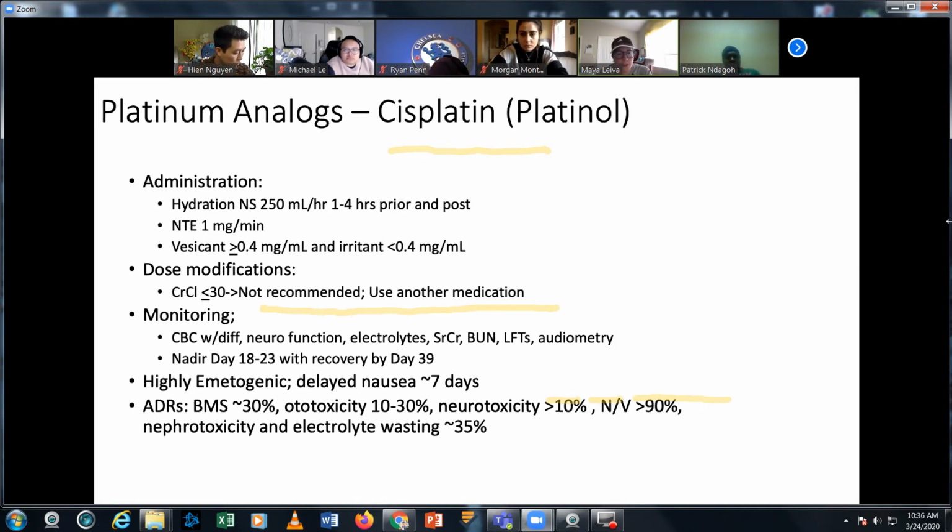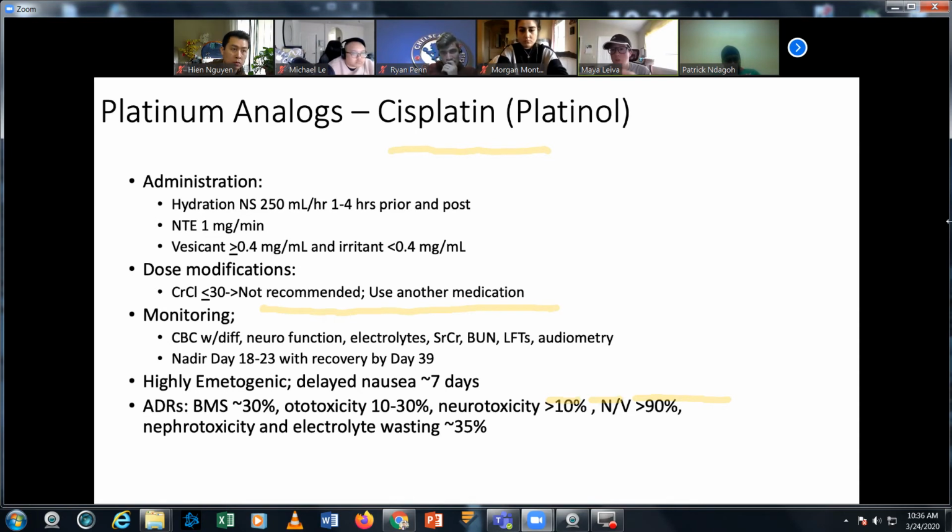So a couple things for patients, and I'm not going to necessarily make you memorize, like, you can't exceed 1 milligram per minute of administration or anything like that. But what we do to help prevent some of the renal toxicity that we know happens with cisplatin, because cisplatin is not dosed using the Calvert formula. We dose it based on milligrams per meter squared. So we want to hydrate patients, and the dose of the cisplatin then dictates how much pre and post hydration